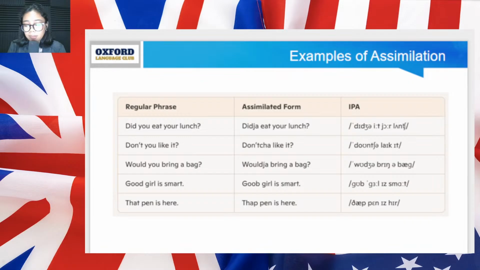All right. Next, let's look very closely at the second phrase shown on this slide. The full and clear way to say this phrase is, "don't you like it?" Again, "don't you like it?" Now, if you take your time and carefully say this phrase slowly, just like what I did earlier, you definitely